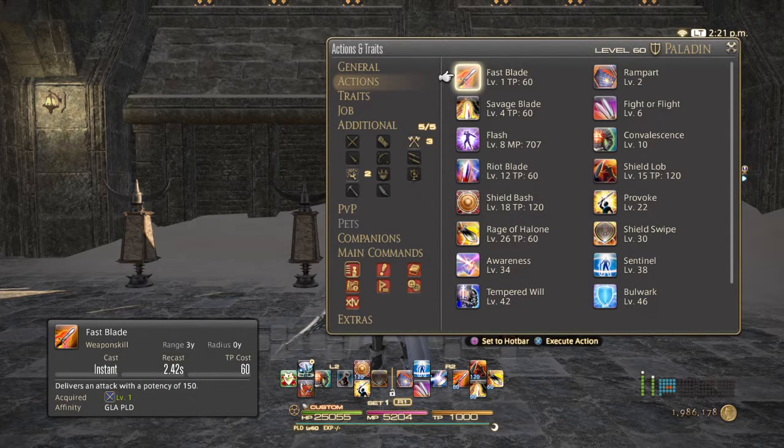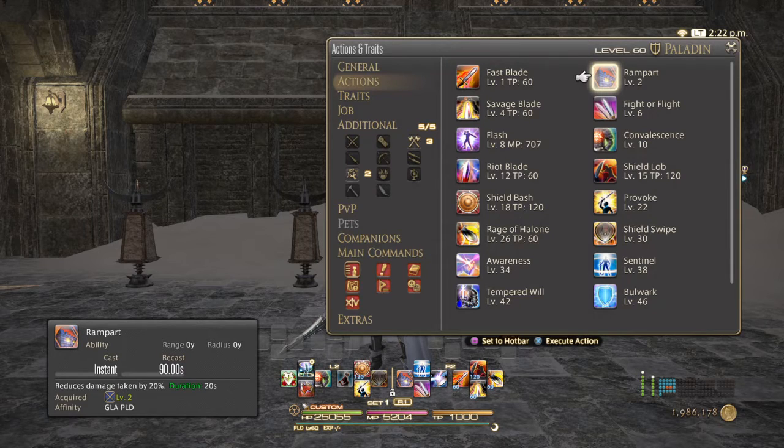At level 1, Gladiator starts with Fast Blade, a potency 150, 60 TP global cooldown weapon skill. It's the start of all of their combos. In Dark Knight, I had explained melee classes have combos, skills that chain together. This holds true for Paladin and Gladiator if you aren't a Paladin yet. At level 2, you acquire Rampart, a 90-second cooldown that for 20 seconds reduces the damage you take. It starts at 10%, and there is a trait which we'll get into...